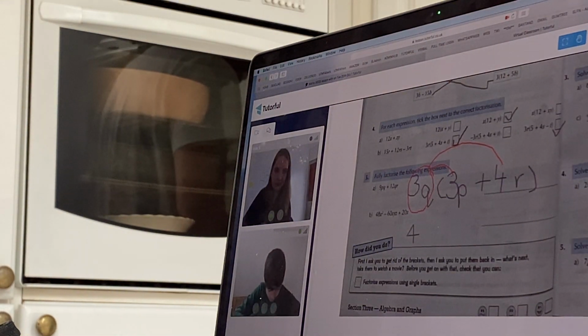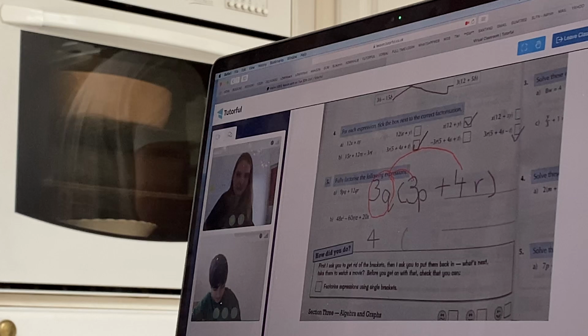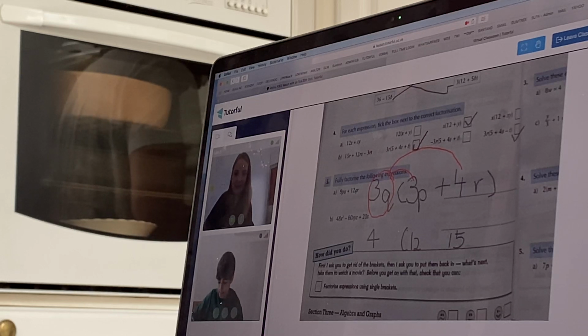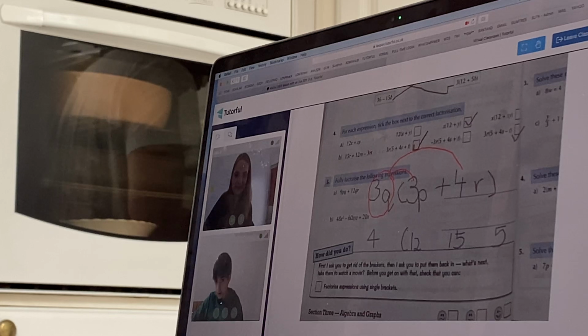Got 12 for the 48, 15 for 60, and 5 for 20. Perfect, yeah. So 15 for 60 and then 5 for 20, yeah. So what we can see here is that all three of them have 12, 15. Okay, so what we need to do, so we've done our numbers, but now we need to make sure